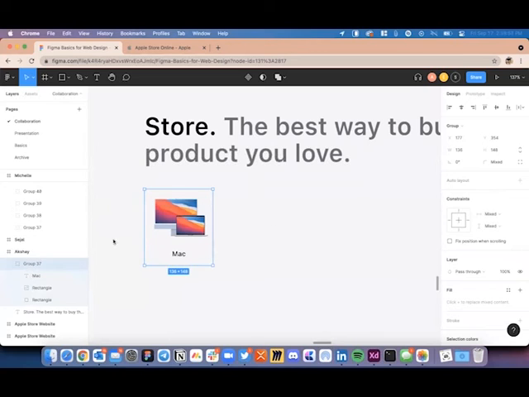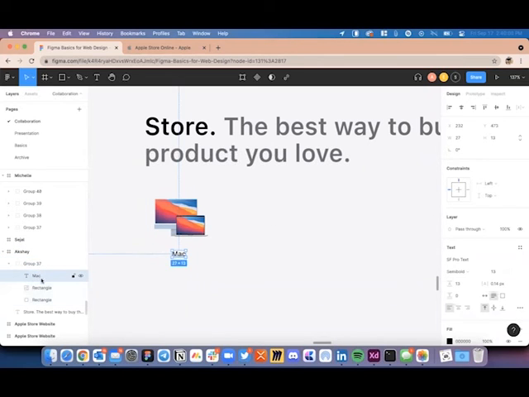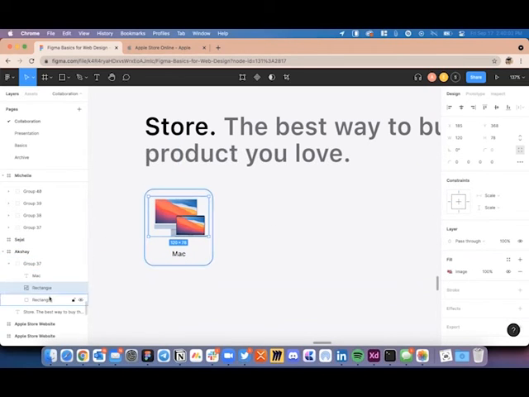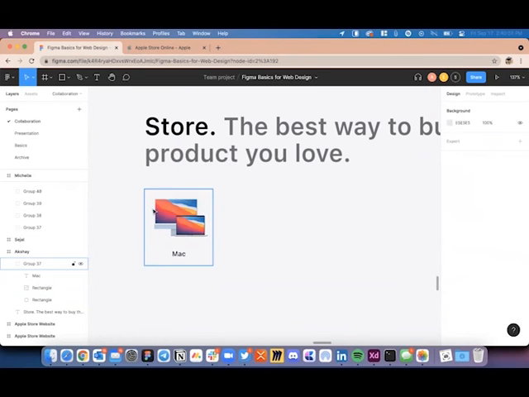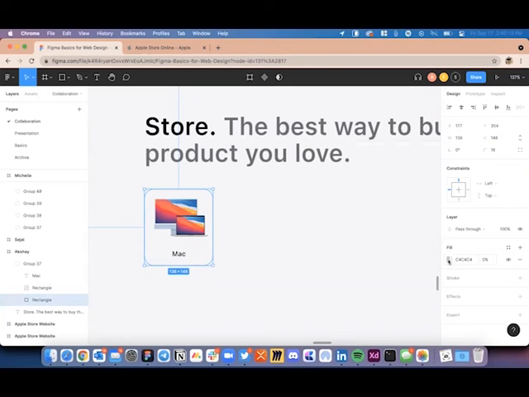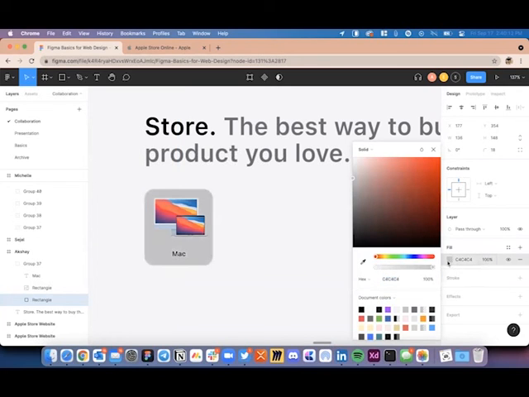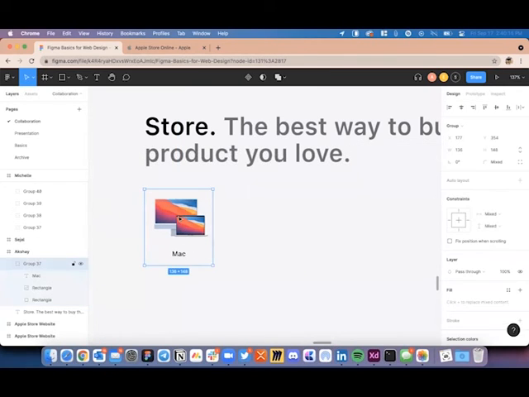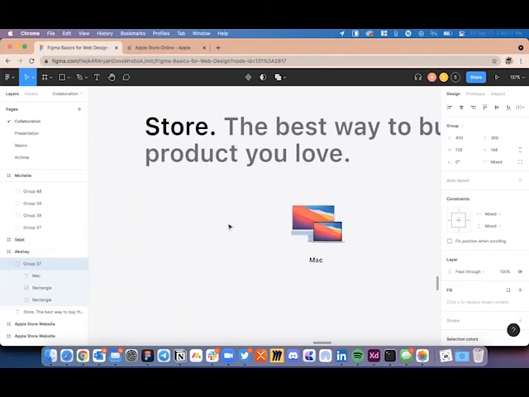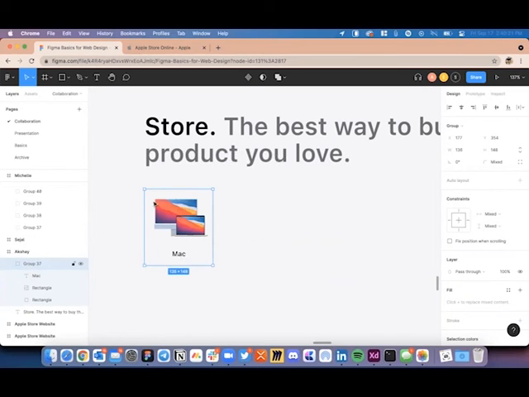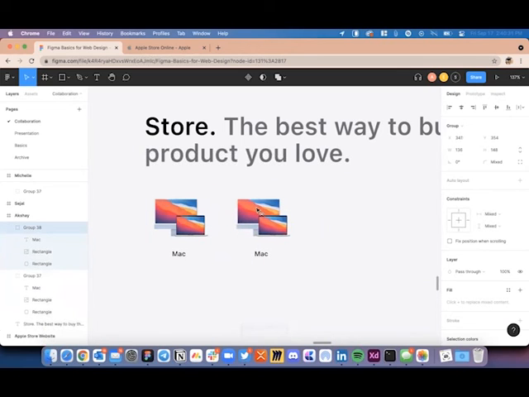You can see this is a group which has a text, a rectangle behind, and a rectangle which has an image inside it. It's just that we have made the rectangle transparent. That's why we don't see the background, right? The purpose of a group is that we are able to move it as a group. We don't need to move the image, the text, and the background differently. Now that we have this group, as I said, we can just copy paste it by using Control C, Control V, and then dragging it.